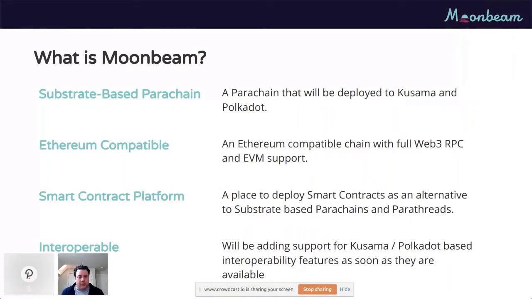The goal is to create this option, right, for people. Substrate itself obviously is quite powerful and can be used to create a Parachain or Parathread, and that's going to make sense for some projects. But having smart contracts as an alternative mechanism to provide a backend for an application is a valuable alternative. And so we want to help support this smart contract option, with these Ethereum compatibility features, as an alternative to Parachains and Parathreads for when those make sense to use.